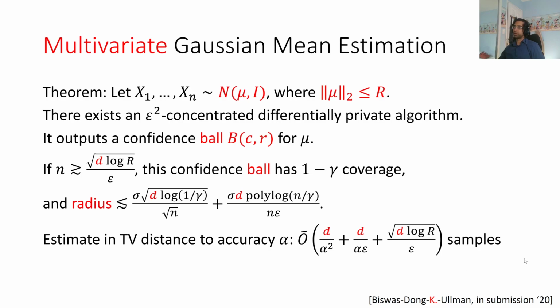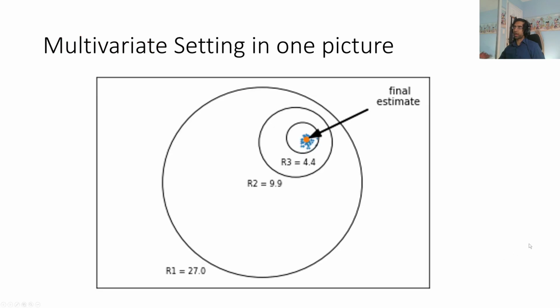Now let me show you the algorithm in one slide. It's in one picture, in fact. This essentially illustrates the same type of thing. This should be kind of intuitive to you, and if you really understood the one-dimensional case, this is essentially the same idea. First of all, you start with R1, which is a very big ball where we know the mean lies somewhere within. But our data set is within this very, very small ball right here. So what we do is take the empirical mean, do some clipping, take the noised empirical mean, and compute a confidence ball, and that will give us a significantly smaller ball, this R2 here.